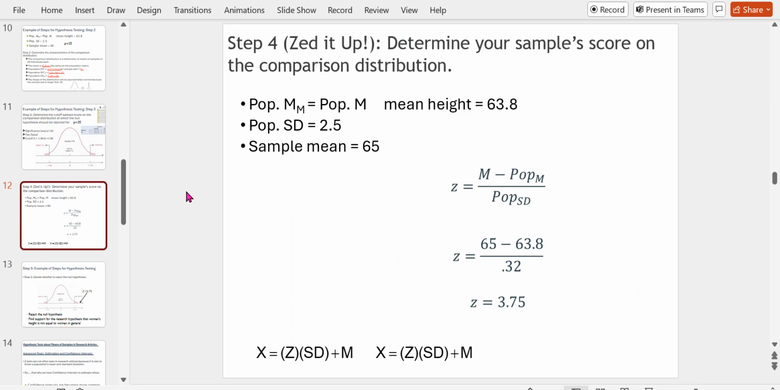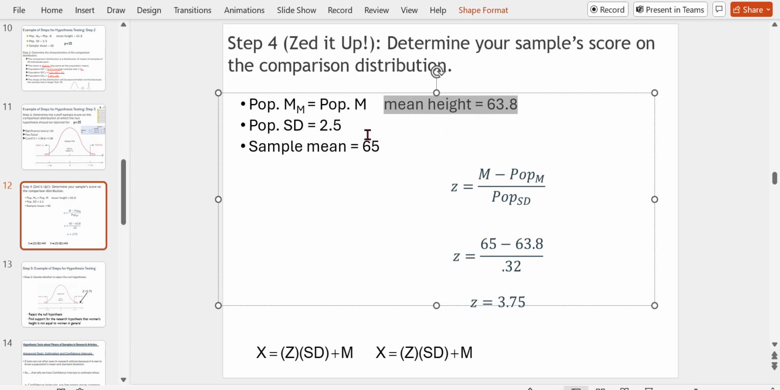All right. Step 4, everybody now zed it up. So you plug in your information. Okay. So what do we got going on here? My population mean, okay, 63.8. And my sample mean is 65. I've got the population standard deviation here, but the standard deviation there of the DOM is